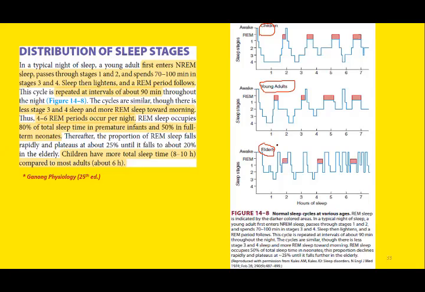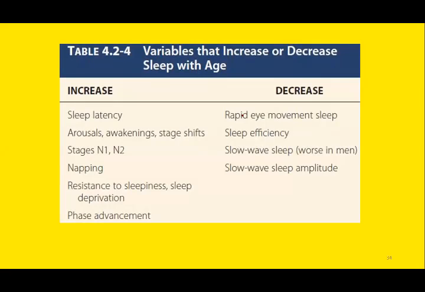This means as we age, there is variation in the sleep pattern. And these are the variables that either increase or decrease sleep with age. For example, with age, there is increase in sleep latency. There is increase in arousals or awakenings during sleep. There is increased tendency in napping. If we compare it with decreased age,